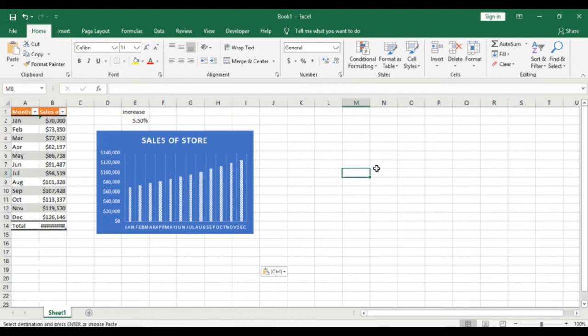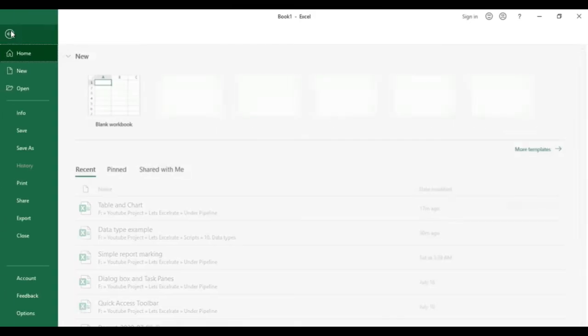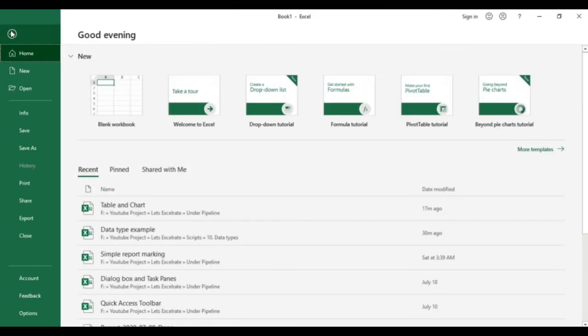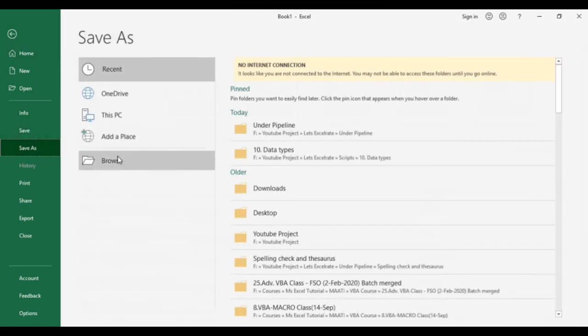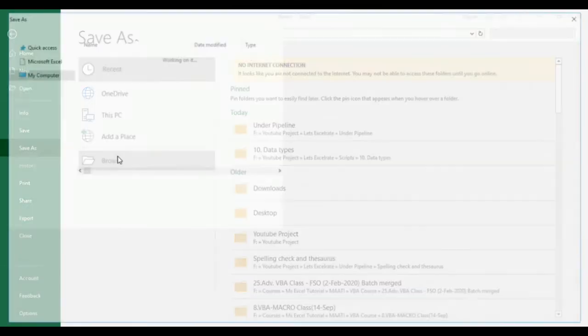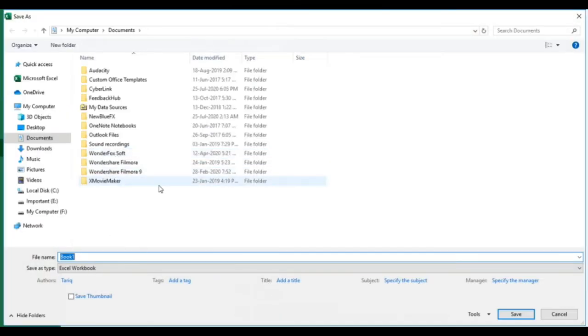Because the workbook hasn't been saved yet and still has its default name, Excel responds with the Backstage screen that lets you choose the location for the workbook file. The Backstage screen lets you save the file to an online location or to your local computer. So we are in the Backstage view and I'll click Save and then the Browse option over here. Excel displays the Save As dialog box, and in the File name field we have to enter the file name that we wish to use. Let me save it,